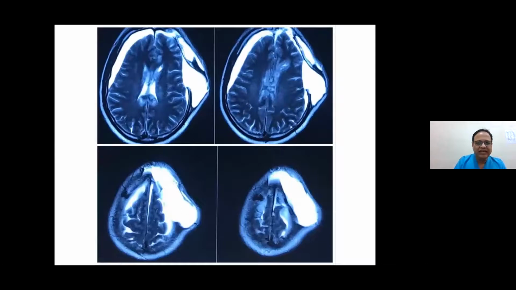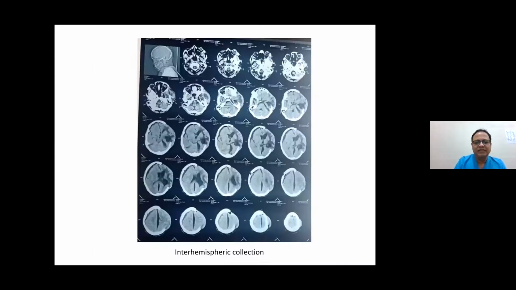So in addition to bilateral subdural effusions, many patients also develop an interhemispheric collection. Now, what is the significance of this interhemispheric collection? All of these are a continuum of a problem of CSF absorption. It's only the collection of CSF at different places. They can collect in the subdural effusion, which is an external hydrocephalus, they can collect in the ventricle, which is an internal hydrocephalus, or they can collect in the interhemispheric fissure. It's again a type of